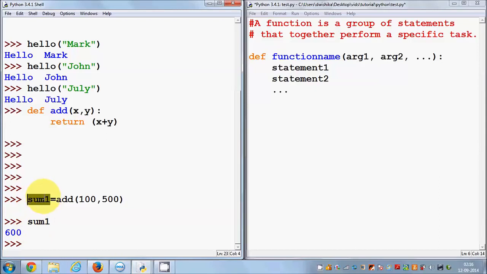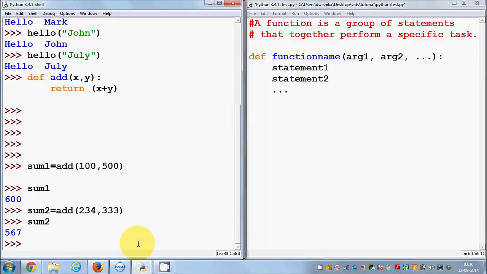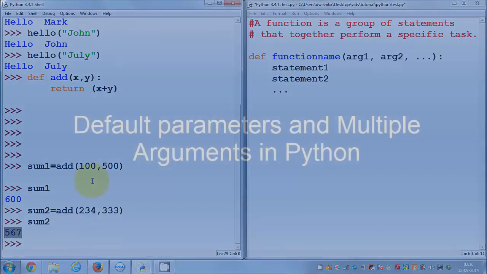Okay, so it has saved this result into the sum variable. And the same thing you can do again and again. So for example, you want to add some other numbers, for example 234 and 333. You can do it like this, and you can call sum2, and it will give you the result. Okay,